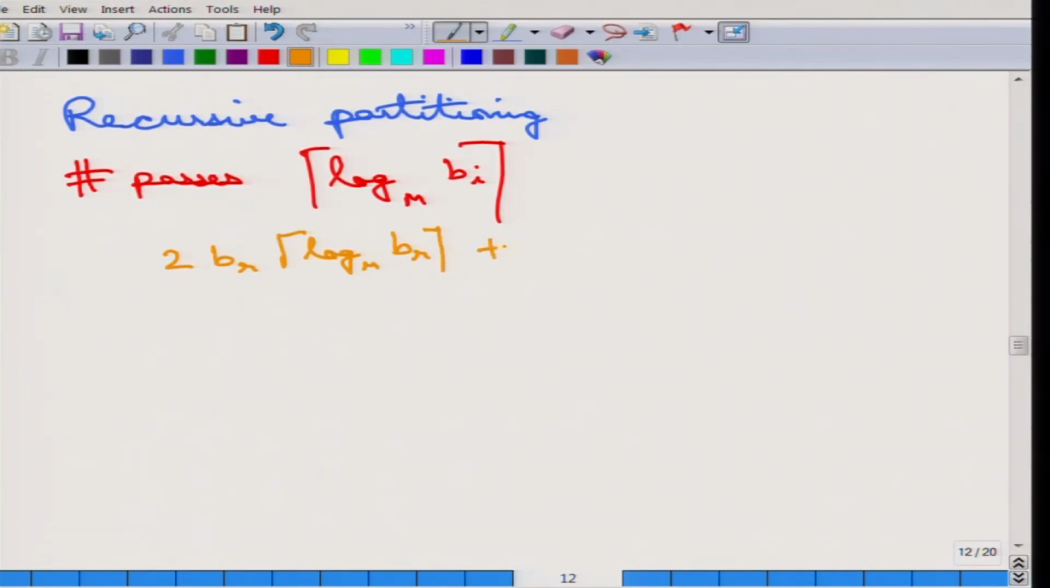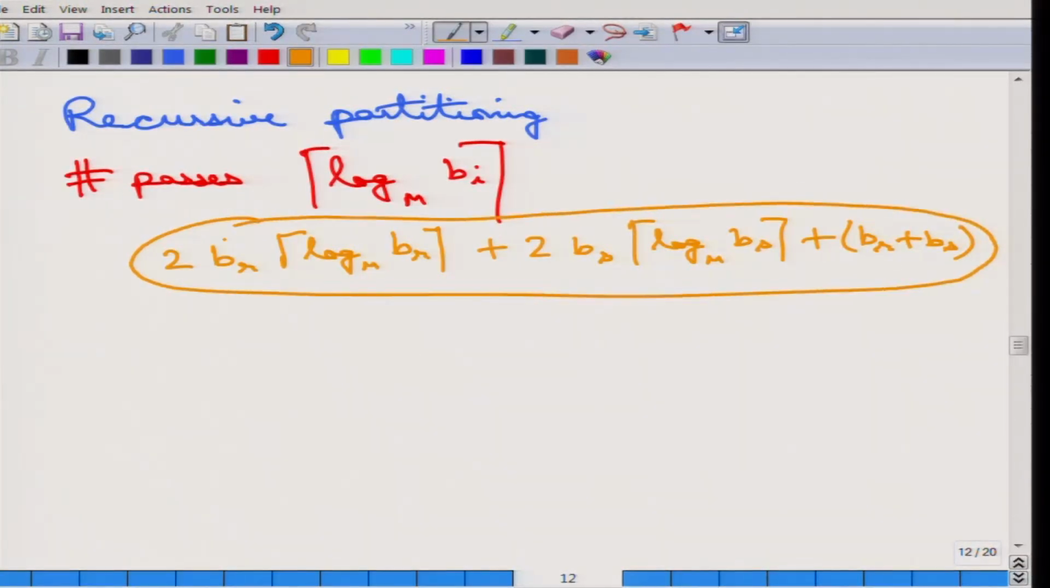So this is of course, and there is a similar term for S, plus BR plus BS. This is for finally reading the two partitions. So that is the total number of transfers that is required,